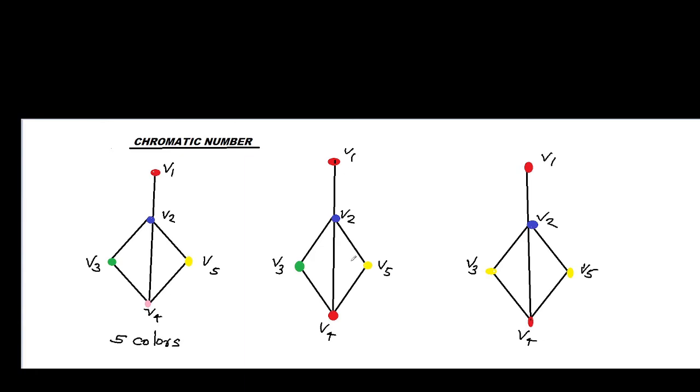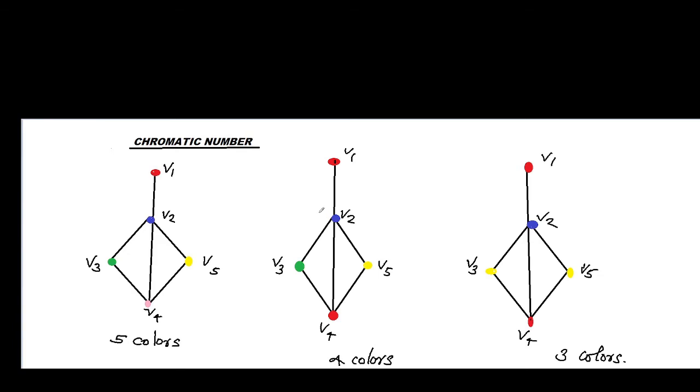Now in the second figure you can see that we used 4 colors. And here you can see that we used only 3 colors. So, painting all the vertices of a graph with colors such that no two adjacent vertices have the same color means adjacent vertices must have different colors. Now the proper coloring of a graph is seen in the figure.